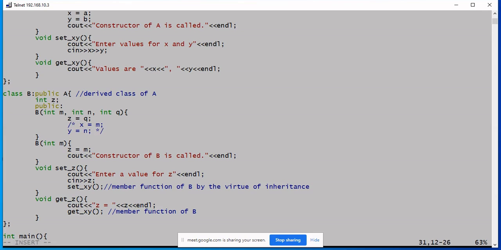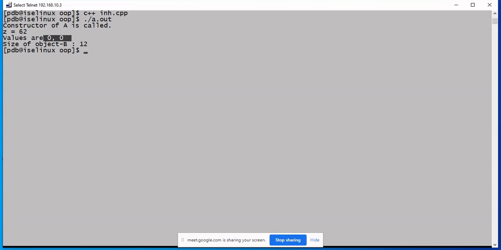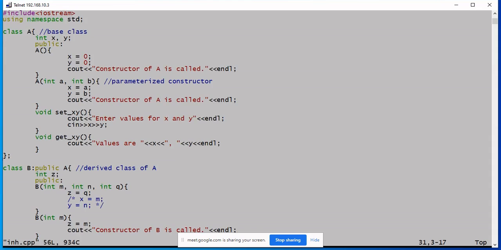So this is not allowed, and I cannot waste these, because if you just keep the code as it is, it will not lead to any kind of compilation error. However, when you execute the code, only one value is utilized and the two values are wasted, and again x and y have 0 now. So if you want to utilize them, you need to pass them on to class A constructor, and here is the way to implement it.